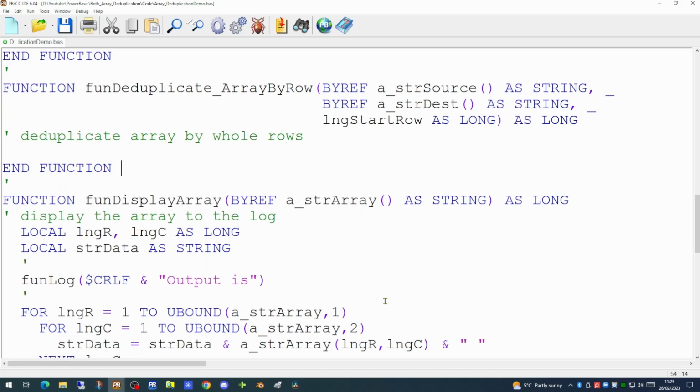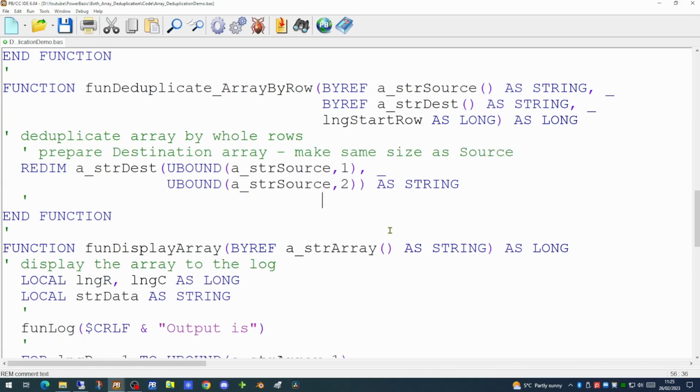So we will initially set up the destination array to be the same size as the source array. We can do that quite easily by redimming the destination array and using the ubound command for the first and second dimensions. This will tell us how big the source array actually is, and will dimension the destination array to exactly the same size as a string array.